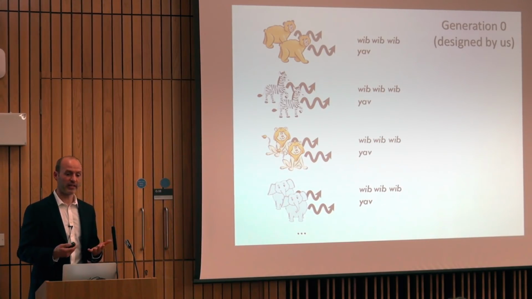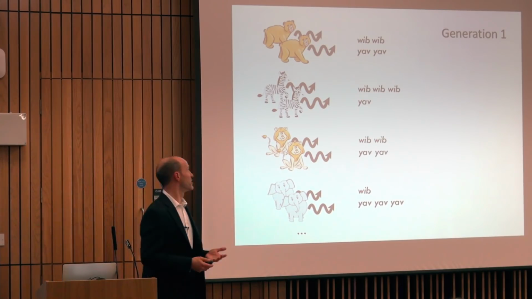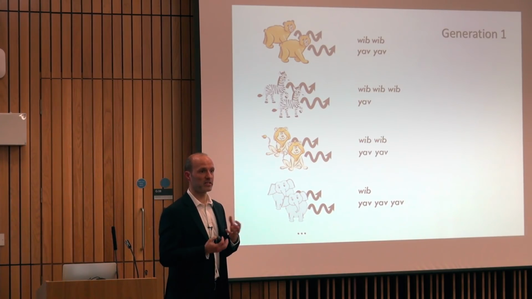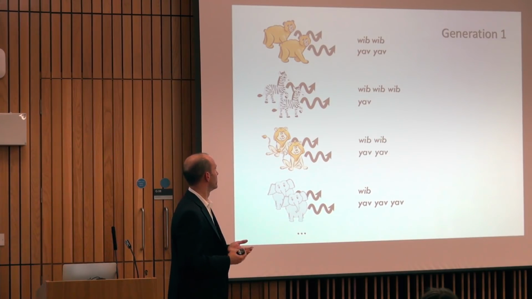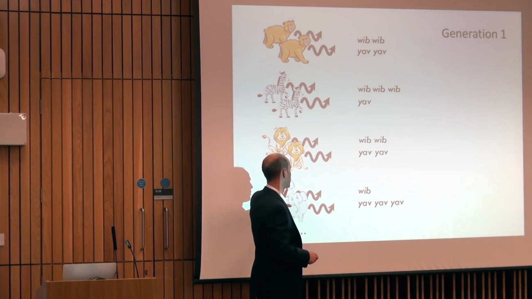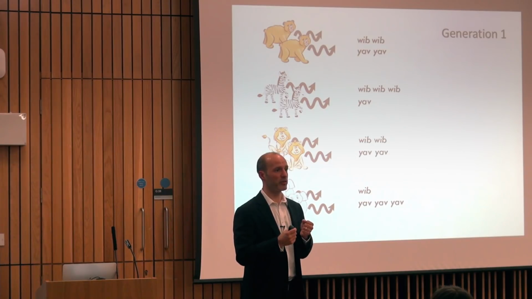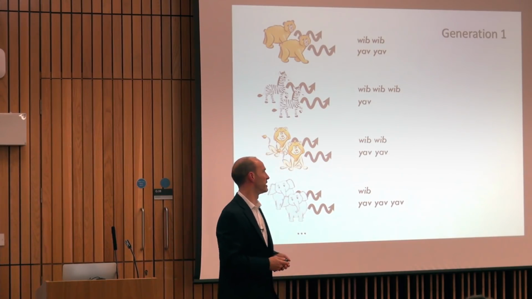And we get somebody to learn this and then reproduce a new version of the language for us, and they'll produce something like this. In general, they do a pretty good job of capturing the statistical properties of the language we trained them on. Some differences appear between the different nouns. Some use the two markers 50-50. Some capture the frequency in their input, 75-25. Some flip that. So this participant for elephants overused yav and underused wib. But in general, it looks like our first participants are doing a pretty good job at capturing the kind of messy nature of this miniature language.